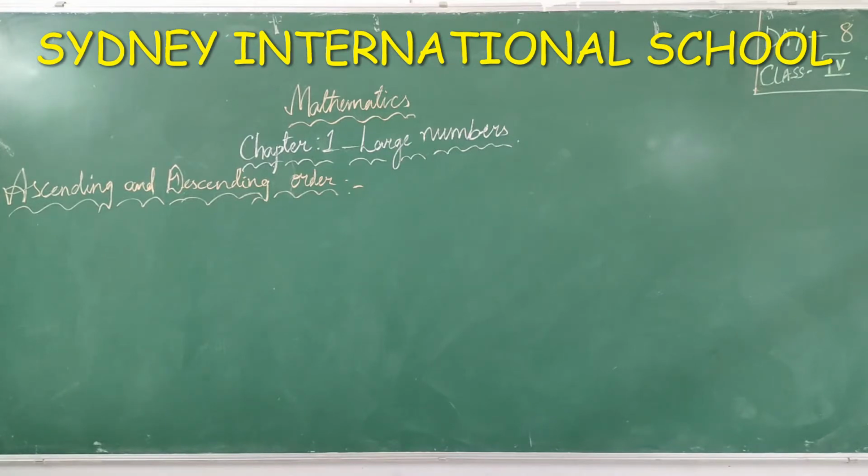Today we are going to learn two topics, ascending and descending order and comparing numbers. In our previous video we learned 4-digit numbers, 5-digit numbers, 6-digit numbers and how to write the place value, face value, expanded form, number name and standard form, right? Now we will see how to arrange the numbers in ascending and descending order, that is 5-digit numbers and 6-digit numbers. And we learned successor and predecessor also in our previous video, right?